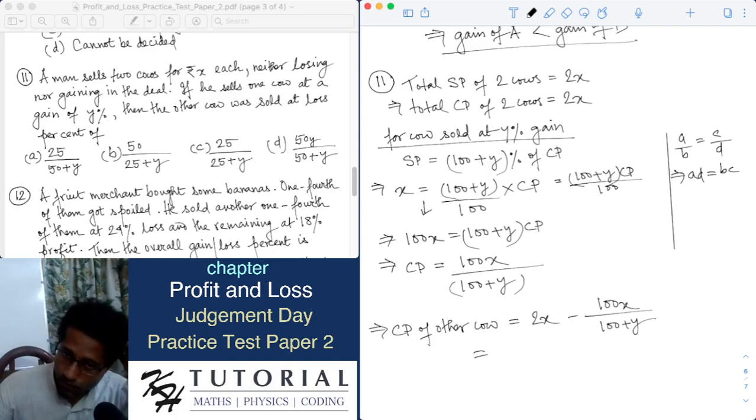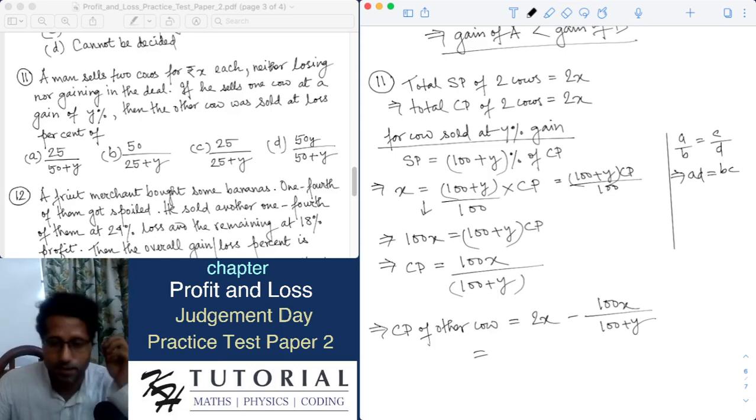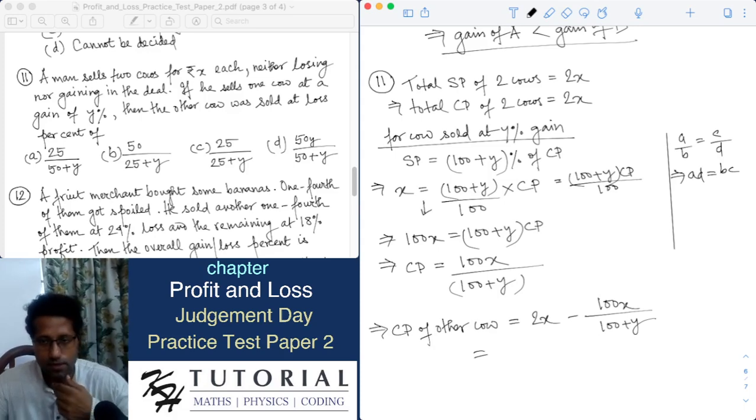How do we know? Because if there is no net gain or loss, this means total cost price will be equal to total selling price. And what is the total selling price? The selling price of two cows, which is 2x, as each cow was sold for rupees x. So therefore we have total cost price of two cows is 2x. Now we have found that for the first cow which was sold at y percent gain, the cost price is 100x by 100 plus y. So now we can say that the cost price of the other cow is 2x minus 100x by 100 plus y. And if you simplify this,